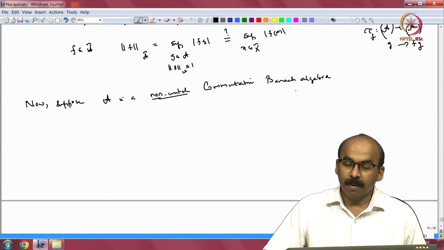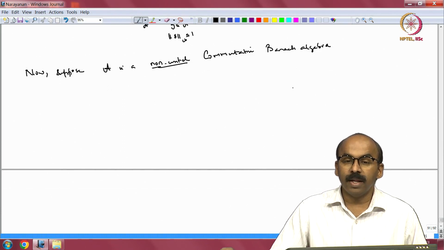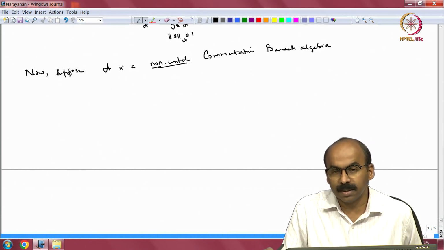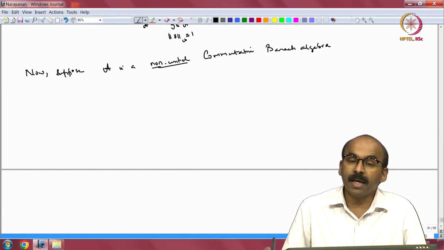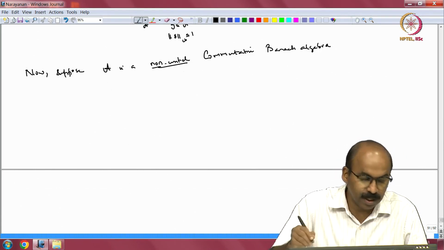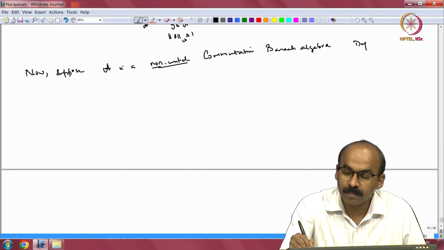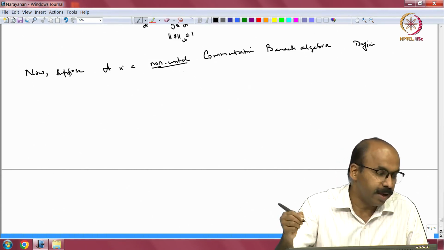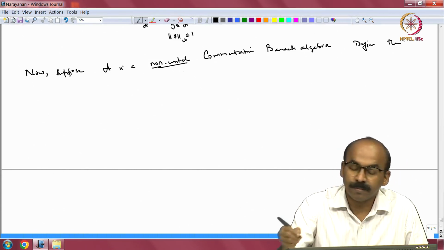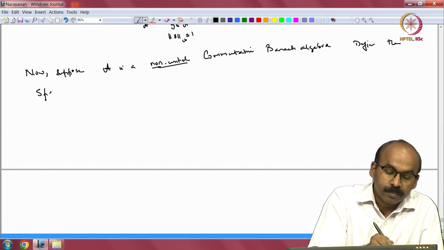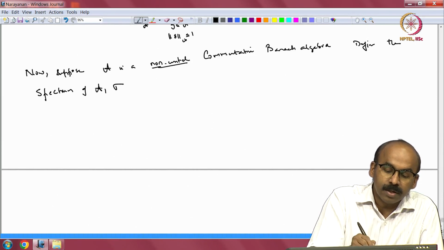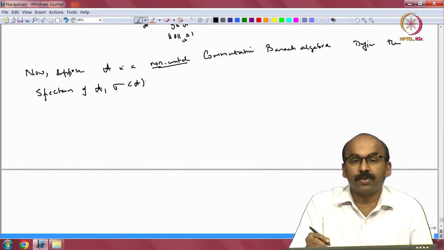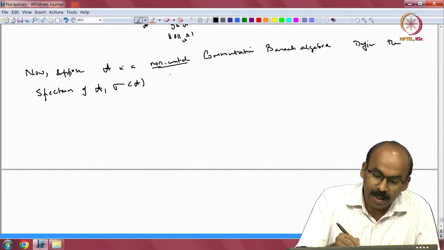But remember, since there is no unity, the ideal and the maximal ideal etc. do not make sense as they are, but multiplicative linear functionals will make sense. So, define the spectrum of A, which is going to be denoted by sigma A as usual, to be the collection of